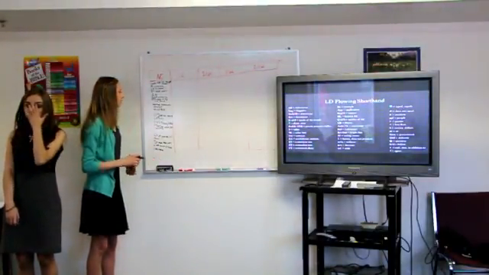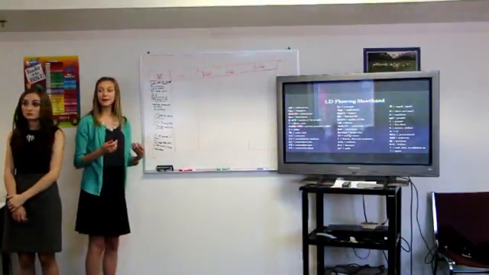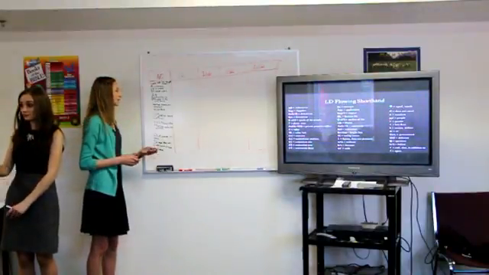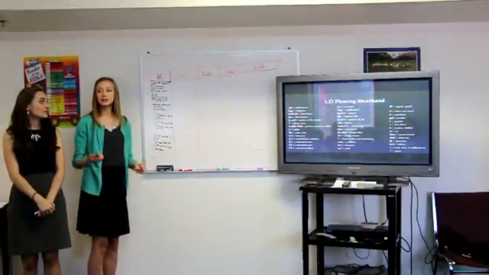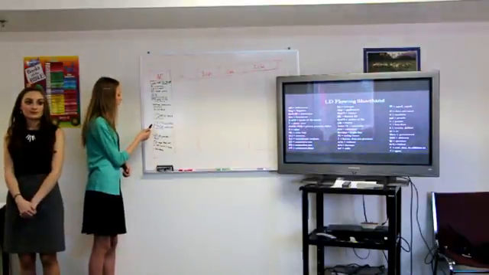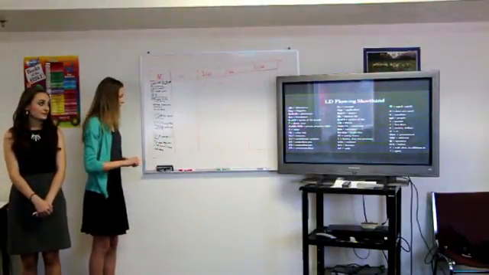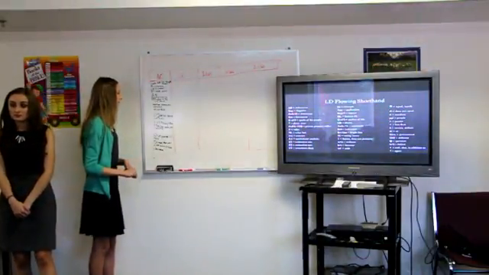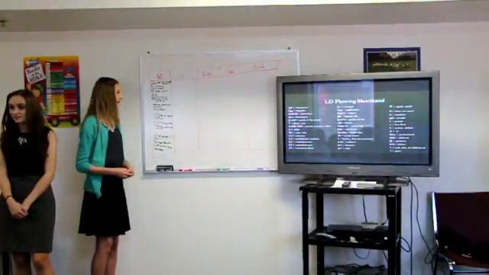Then going down to her value, it was free democratic societies, and she didn't have a criterion, but she had a value link, essentially saying that free democratic societies link to the resolution because they are achieved through critical thinking, which is achieved through liberal arts. And she kind of explained that further down in her case, and that brought her to her first contention, where she said that democratic societies require critical thinking, and she talked about the founding fathers, and then she talked about how free democratic societies, again, need liberal arts and critical thinking.